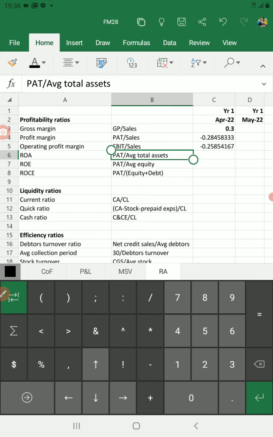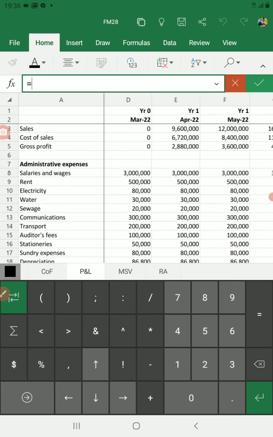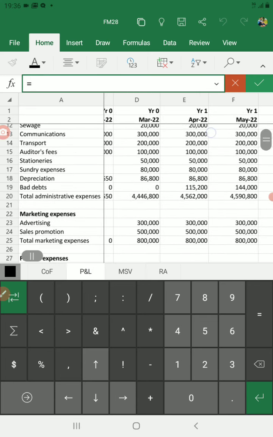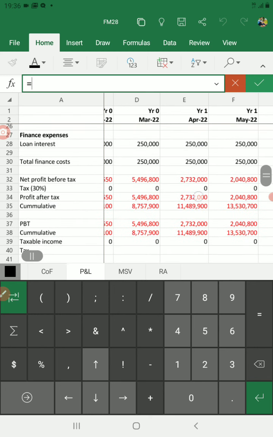Okay, so here start with equal sign, take profit after tax in the profit and loss sheet on monthly basis during April, which is here, profit after tax figure, and then divide by average assets, okay, total assets. So divide by, and then I type average